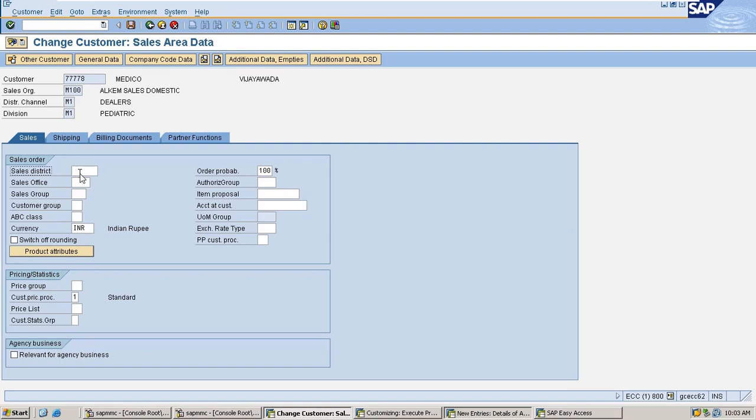What exactly is the sales district? It is a sub classification of the sales office. Previously, we defined the sales office as M100, right, as the AP sales office.